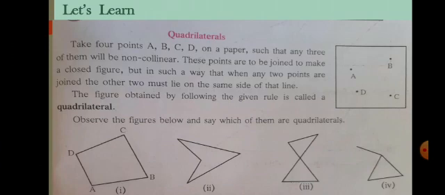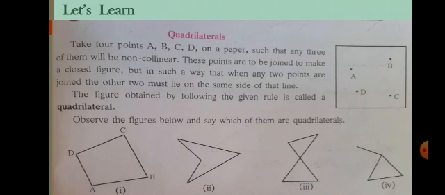Now whenever you are joining any 2 points, suppose you are drawing a line between point A and B. Now points D and C are both on the same side of the line. So it is correct. So quadrilateral is being formed. Now suppose you are drawing a line joining the points A and D. So a line is drawn between A and D. And the remaining points B and C are on the same side of the line, means right side of the line drawn. This is the rule.